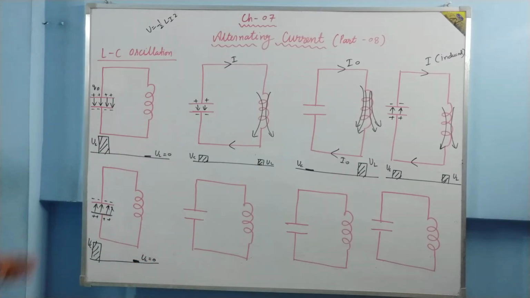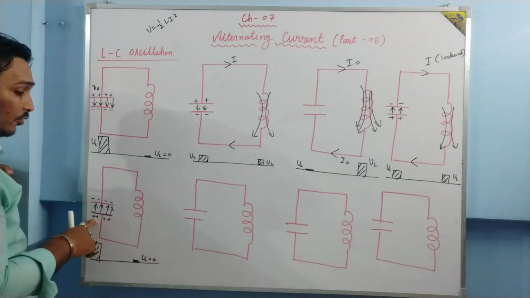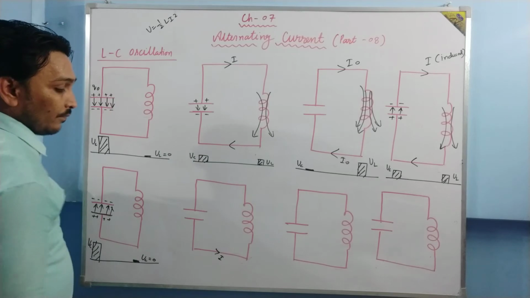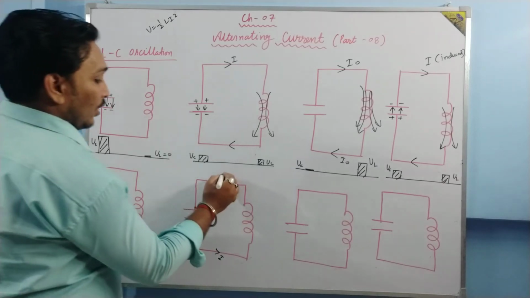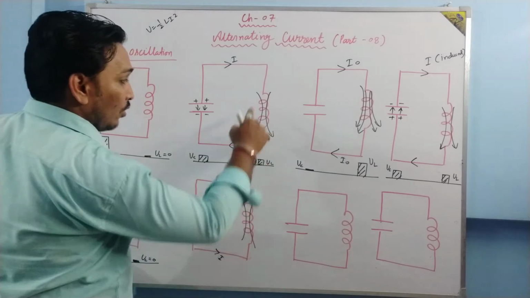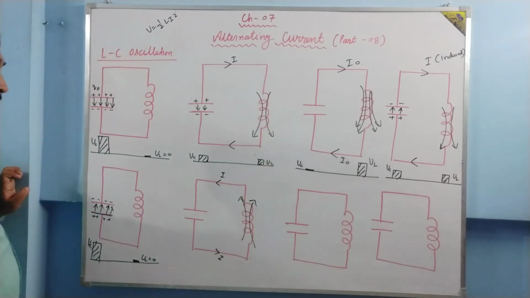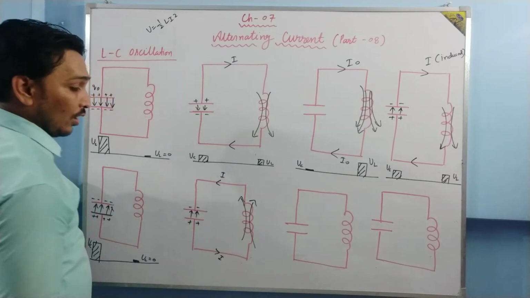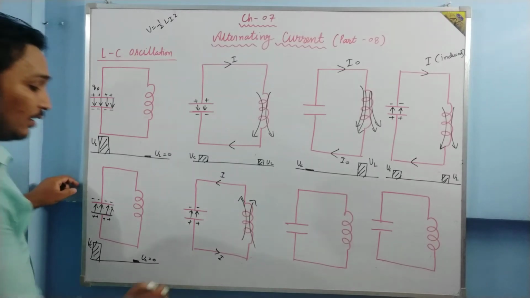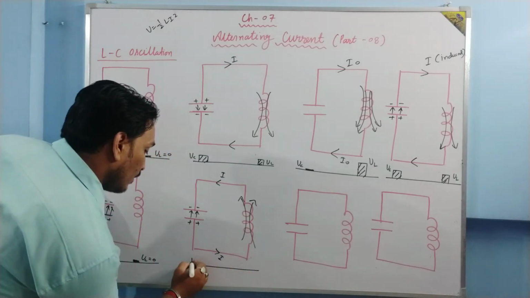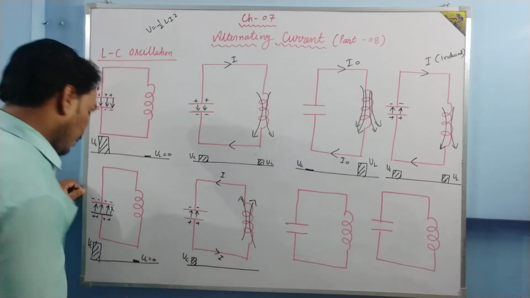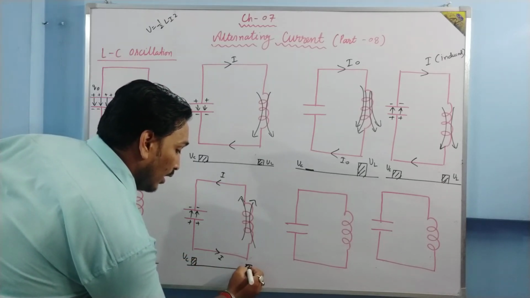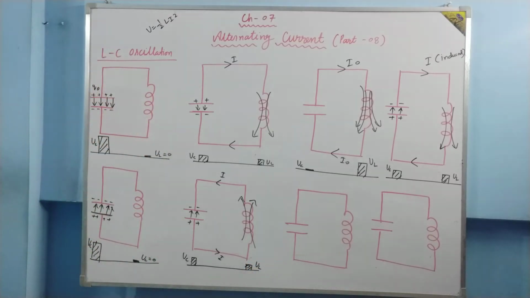Okay, again what happens? Again the capacitor starts discharging itself across the inductor. Which inductor? Obviously this one. But now since this plate is positively charged, the current starts flowing this way. So if the current is flowing this way, the magnetic flux, which was earlier downward, this time will be upward. The charge on the capacitor decreases. In this case, the energy of the capacitor decreases, but the energy of the inductor increases. Earlier it was 0, but it will now have some value.